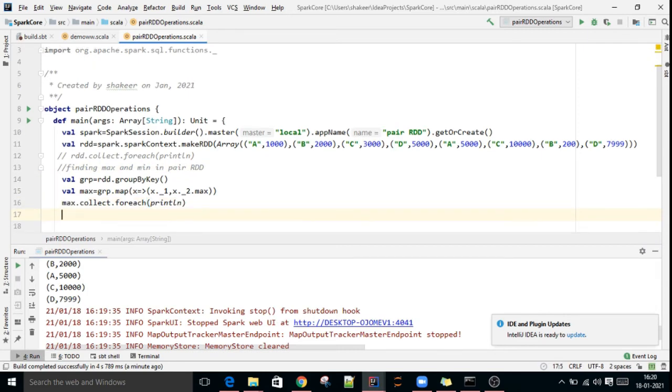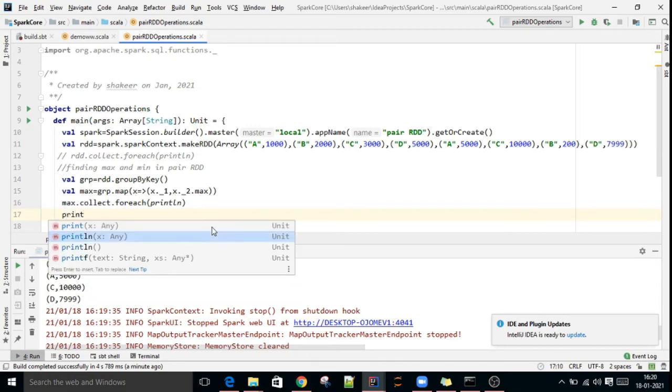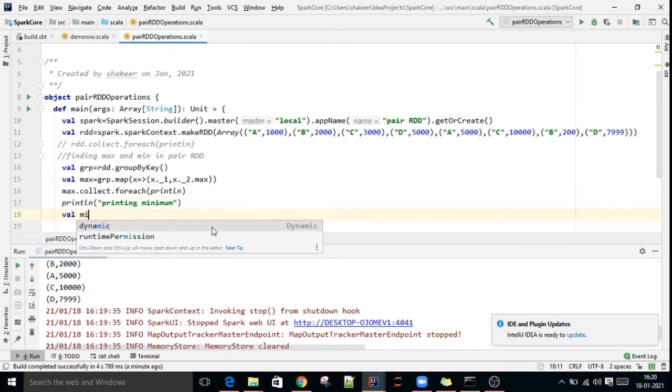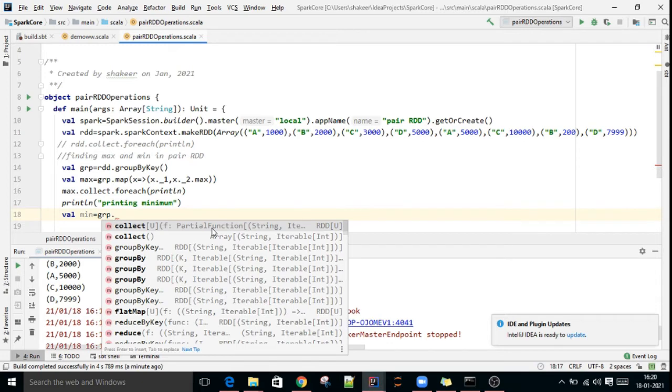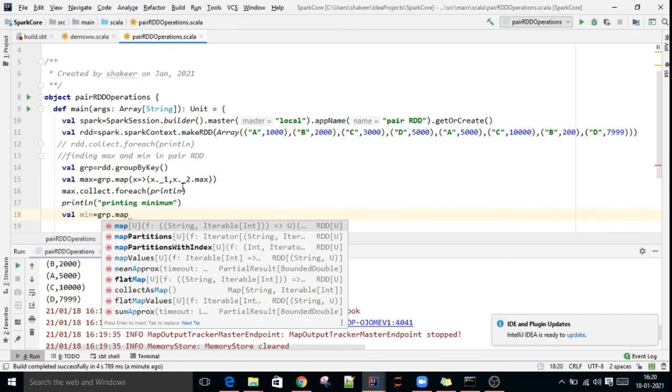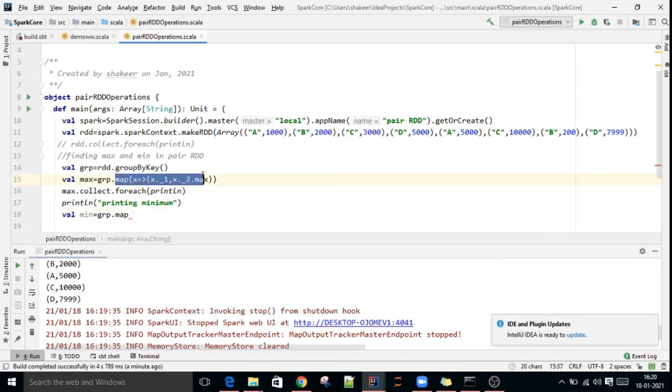In a similar way we can perform minimum also. println printing minimum. val min equals grp.map, same as before; you can copy paste.